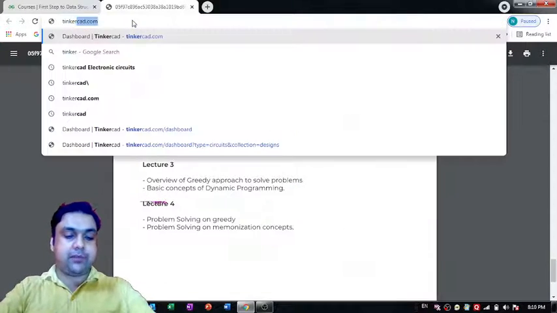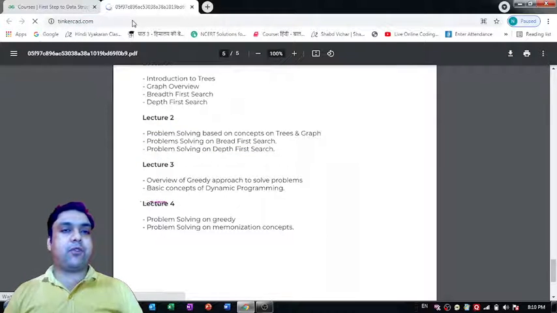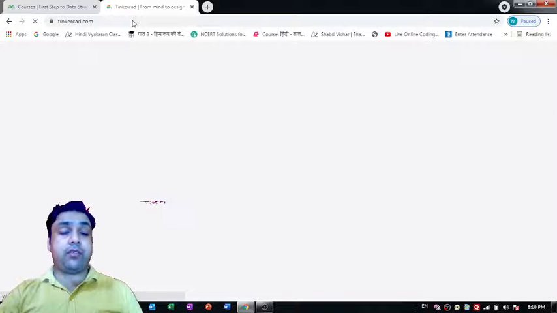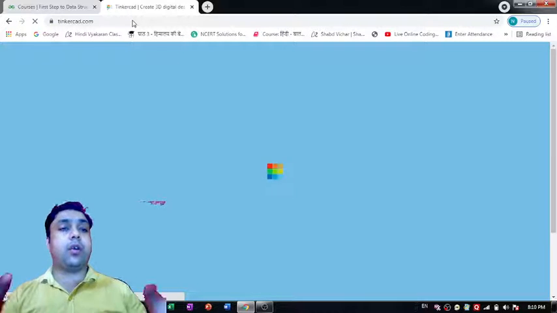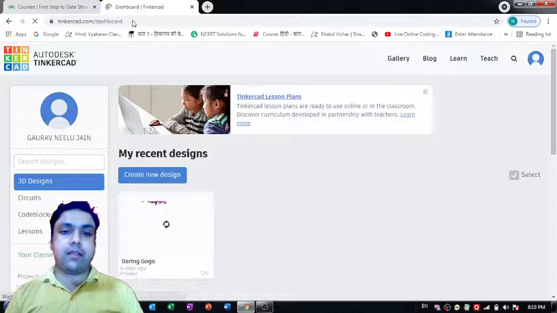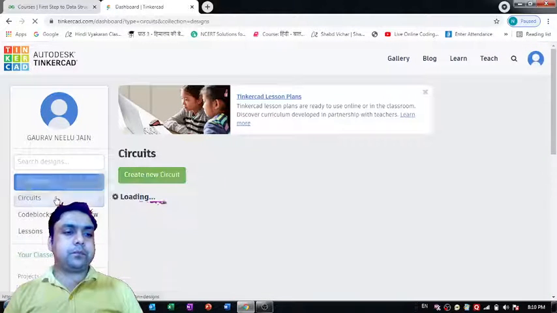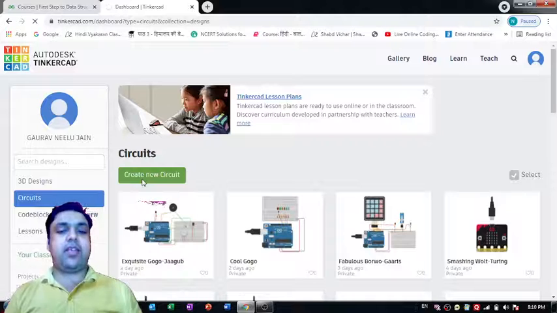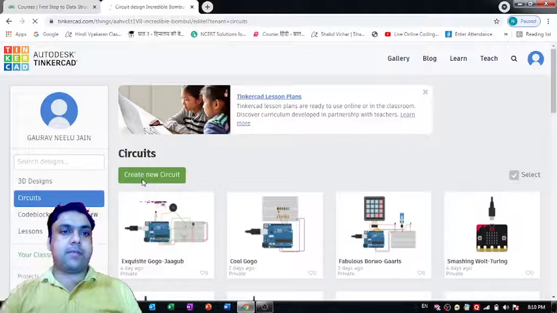Let's now dive into this Tinkercad platform. Today we will learn how we can develop parallel and series circuits on Tinkercad, and it is going to be very interesting for each and every one of you, because the components that we will use for creating parallel and series circuits are going to be very new. We haven't read about those components yet. So today we'll talk about those components.